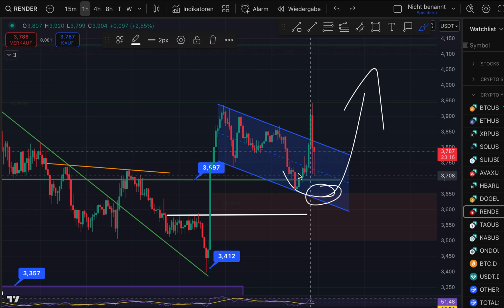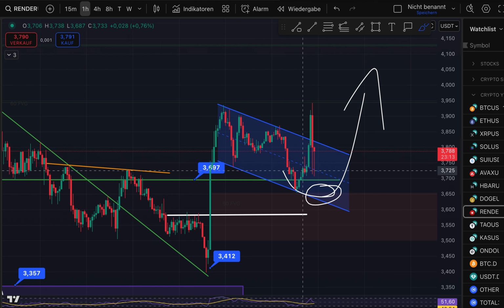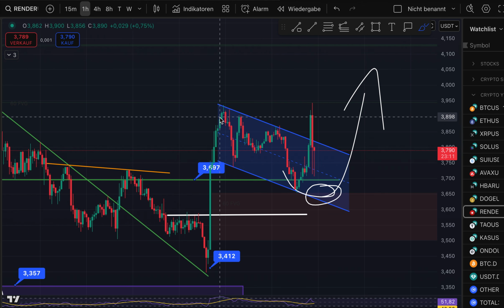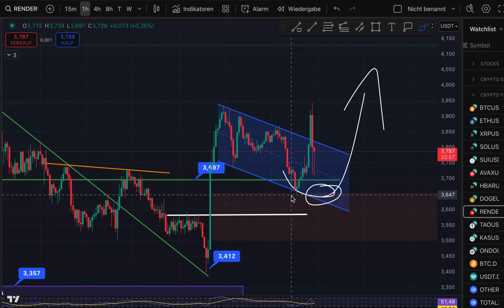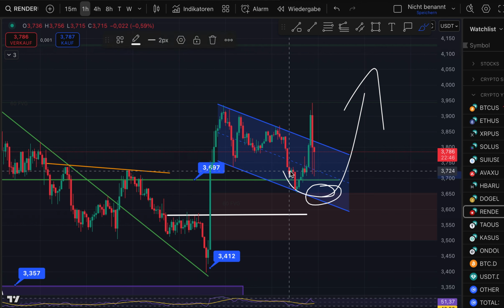I missed this here because there was a long entry possible, at least with this setup. We have our bull flag, we have said we want to get more into the fair value gap, which we did. So here was a fair value gap and we closed it. We touched the bull flag on the down part again, so 2 touch points on the down part, and we have had support at $3.70, which broke short term to the downside to fish the fair value gap, and afterwards we broke it to the upside, retest.